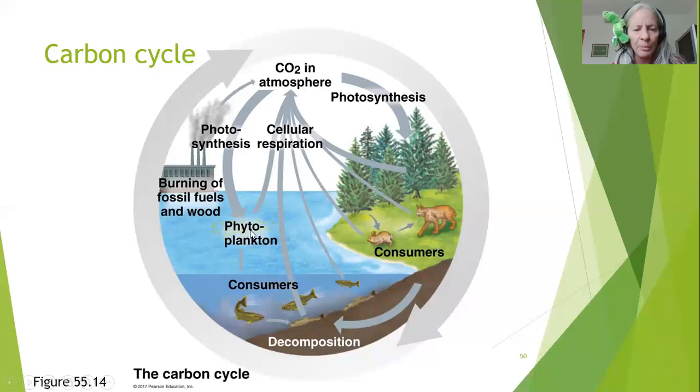And then these phytoplankton are eaten by zooplankton or by larger consumers. And when these fish die and decompose, well, first of all, they do cellular respiration and return some CO2 to the atmosphere that way. But if they die and decompose, the carbon in their bodies can become part of some